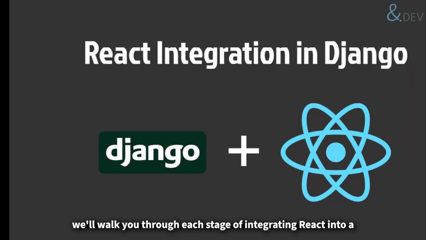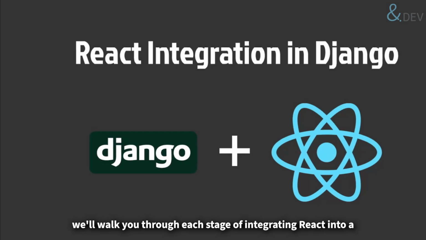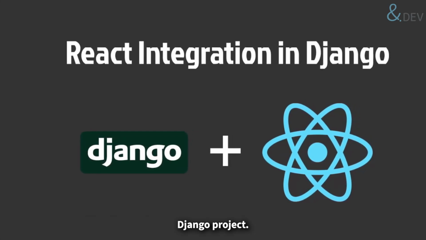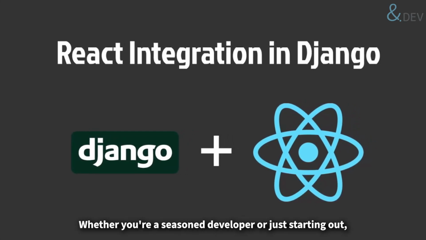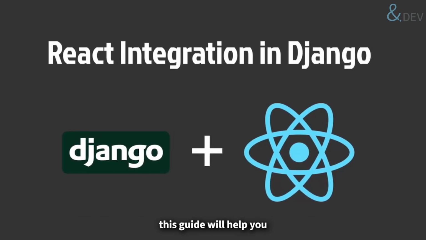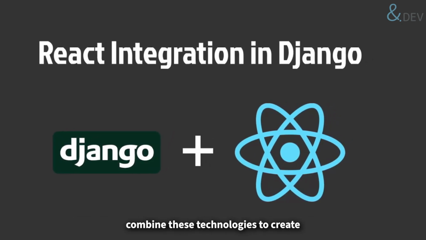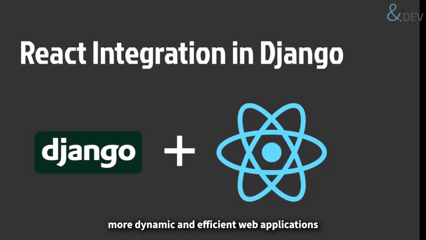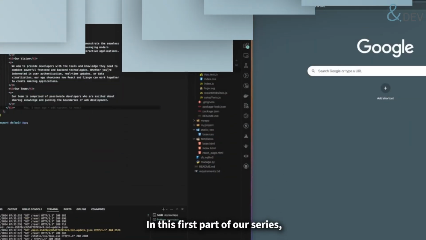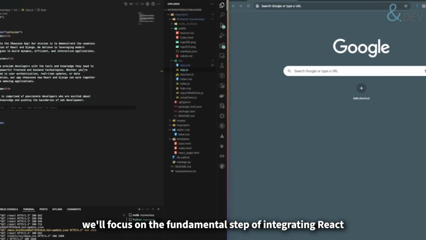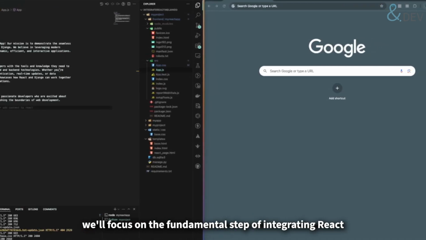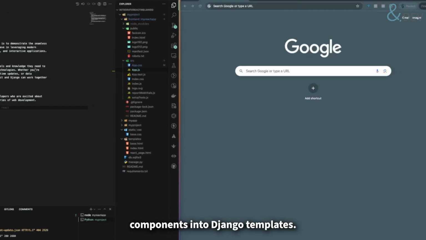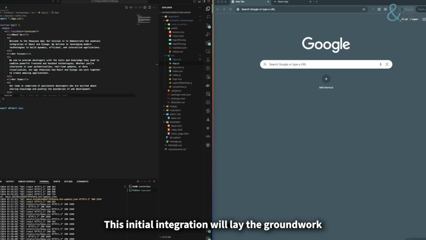Through this series, we'll walk you through each stage of integrating React into a Django project, whether you're a seasoned developer or just starting out. This guide will help you combine these technologies to create more dynamic and efficient web applications. Let's get started. In this first part of our series, we will focus on the fundamental steps of integrating React components into Django templates. This initial integration will lay the groundwork for more advanced React Django integration in the following